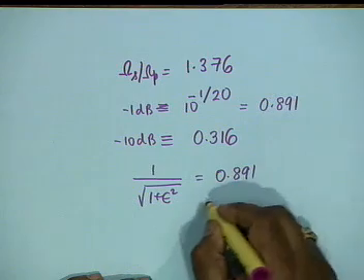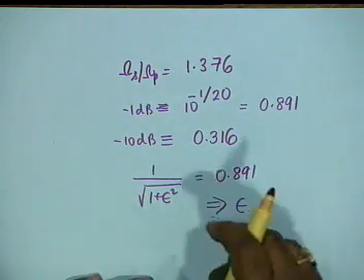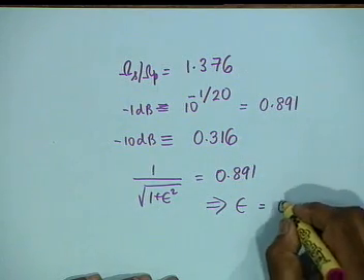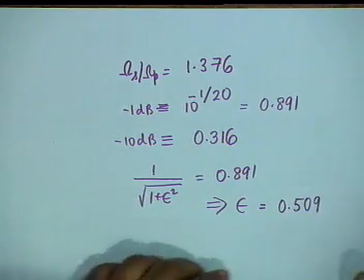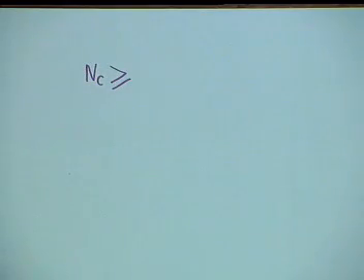0.891, and therefore I can calculate epsilon. Epsilon is required because I have to calculate yn. I don't know yet what n is, but epsilon comes out as 0.509. I truncated at the third place. So once we have found epsilon, the other parameter is n sub c, and n sub c should be greater than or equal to